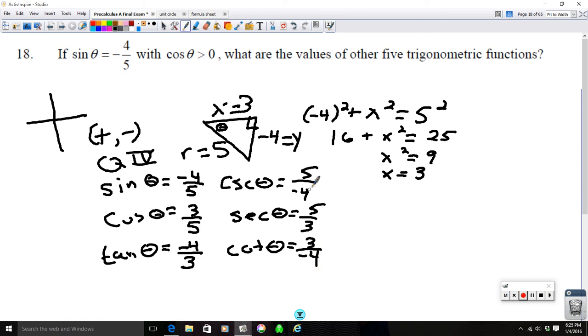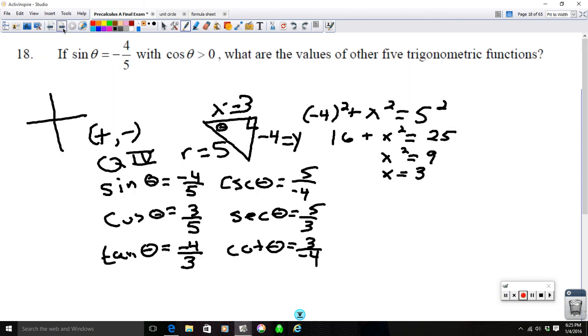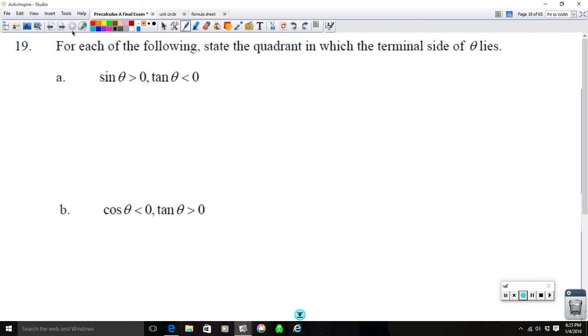So you can refer back to question number 17 if you're looking for the ratios again, because those are all the ratios that we used to do for number 18. For number 19,